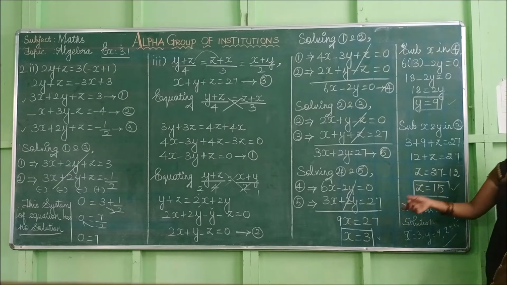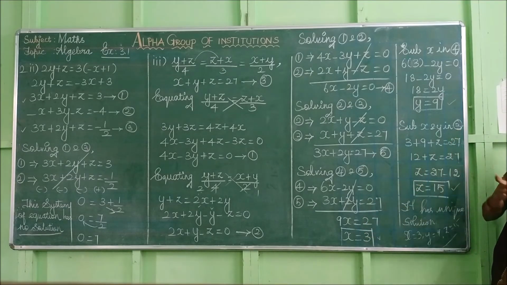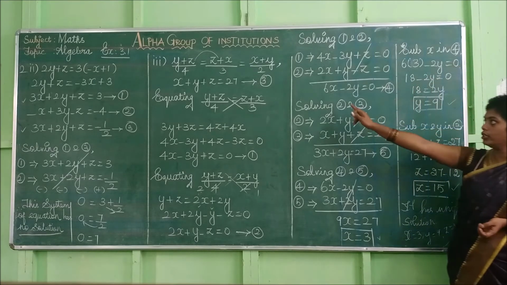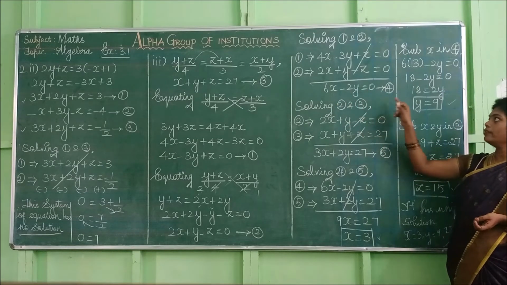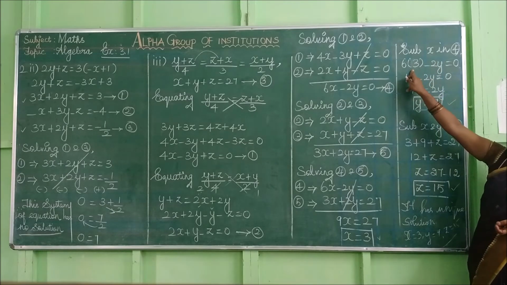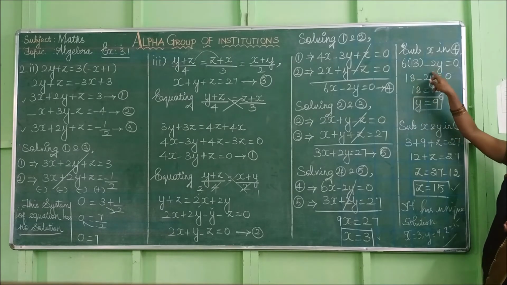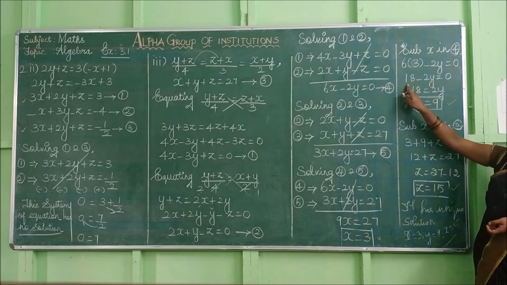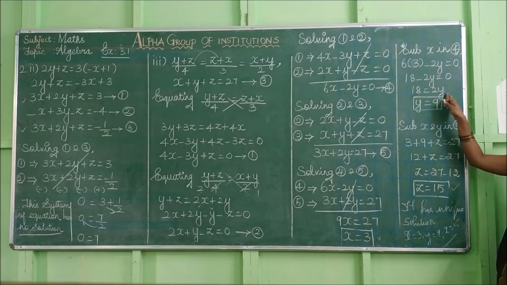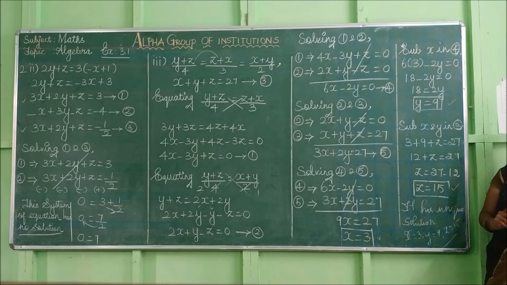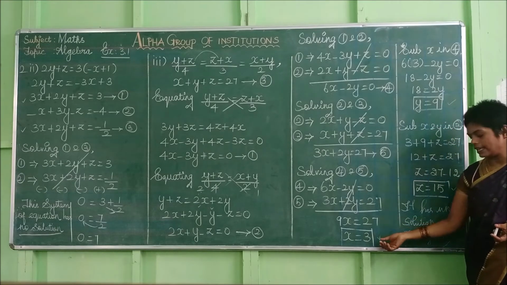So listen. After completing the x value, you need to find y and z. For finding y, substitute that x value in the fourth equation. What is our fourth equation? 6x minus 2y is equal to 0. So instead of x, I am substituting 3. 6 into 3 minus 2y is equal to 0. 6 3s are 18, minus 2y is equal to 0. So change this variable to this side. Negative gets positive. 18 is equal to 2y. We need only the value of y, so divide that 18 by 2. 18 by 2 is 9. Now we got the x and y values.